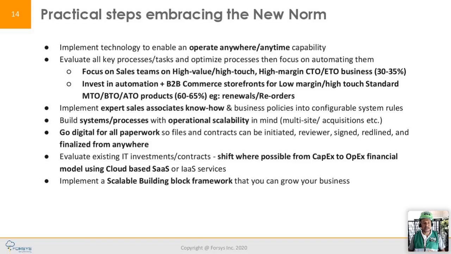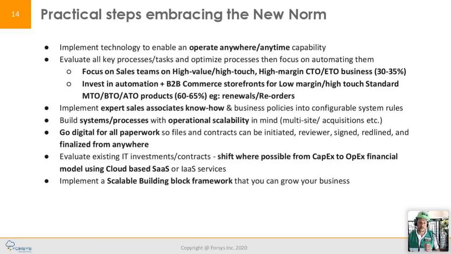The practical steps for moving towards a new norm is about leveraging technology. You saw the article from McKinsey, by the way. If you want to see the detailed article, it's a pretty good write-up. When you get the PowerPoint back or the PDF, there are hot links in there. They'll take you to that article. Research it, take a deep look. It's not just our message. It is a message that's coming from some of the top players in the market.